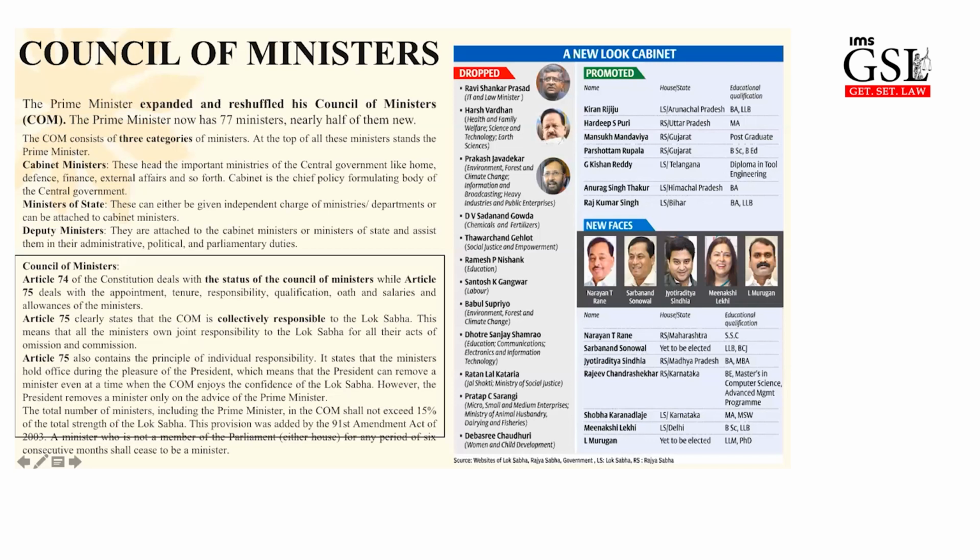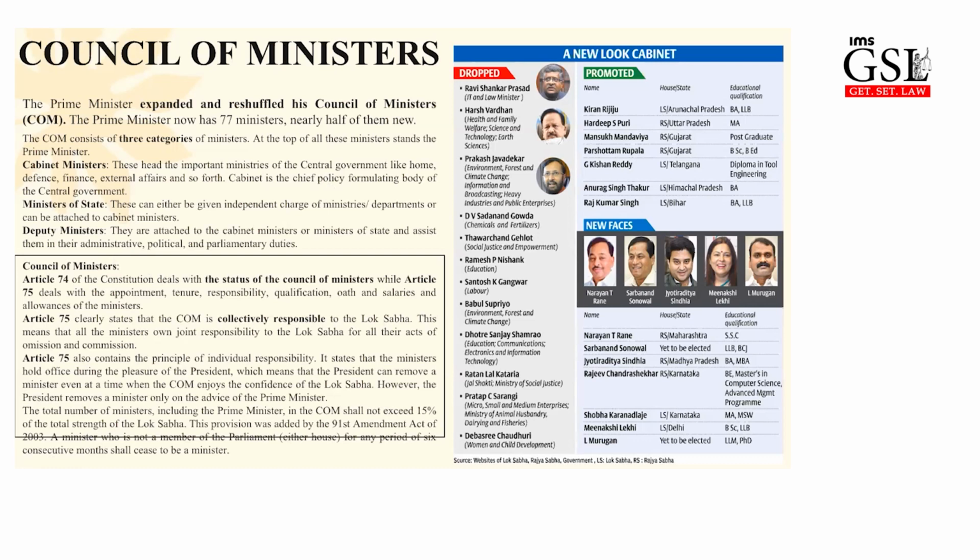Article 75 contains individual responsibility. It states that ministers hold office during the President's pleasure. All right, let's move ahead. So look at these articles. It's extremely important. Start right from the end of the vice president part, and then pick up the council of ministers, and then right from